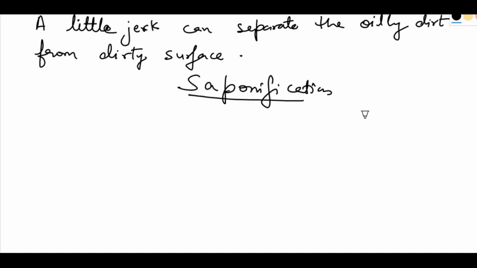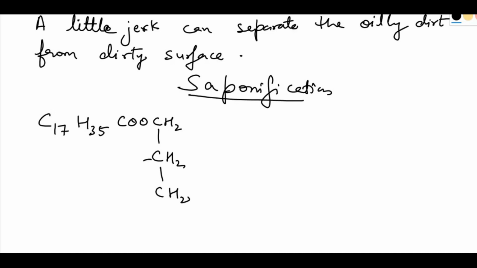Soap is the sodium or potassium salt of a long chain carboxylic acid. So it is something like C17H35 COO CH2. And long chains of carboxylic acid means it will be like this only. C17H35 COO, that's the connection, C17H35 COO. So this is the ester that is reacted with